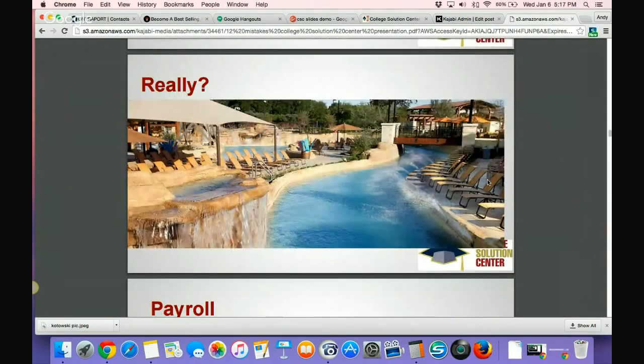Here's something else. You recognize this? It's not a resort. It's a college. It's some college in Texas, actually. They have all these amenities. If you've toured a college recently, anyone here toured a college recently? Where do the kids work out? Is it some slummy, low frills, dirty little gym? No, it's the poshest, most luxurious facility that would rival any $200 a month club in a